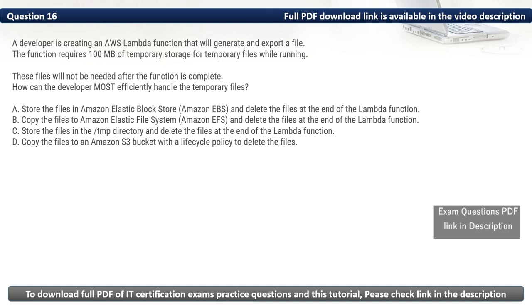Here in this question, the function requires 100 MB of temporary storage for temporary files while running that will not be needed after the function is complete. As such, in order to most efficiently handle the temporary files, store the files in the /tmp directory and delete the files at the end of the Lambda function. Thus, the correct option is C.